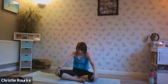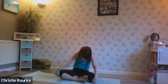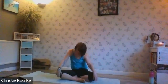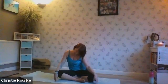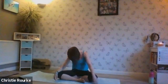And then we're going to take that into a nice circle of ribs around the hips. So belly dancing, circling, rib cage all the way around. Maybe the head joins in, just allowing it to flow freely as you rotate those ribs. And then reverse your circles. So combining all movements of the spine here, getting that lovely figure of 8 movement. Try not to think too much. Just allow the head to join in, the neck to move if it wishes,